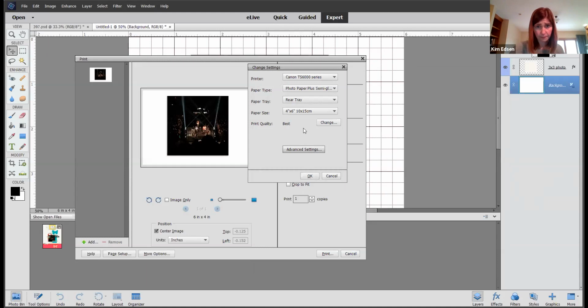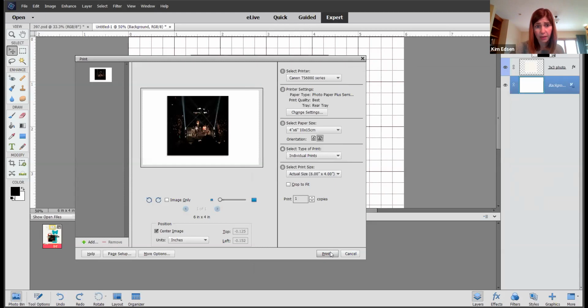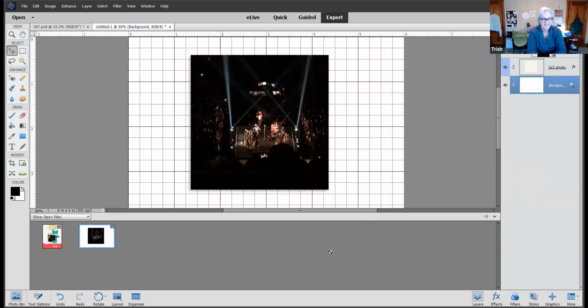So my settings look good. I have semi-gloss paper in my rear tray, the right size. I like my settings, so I'm going to hit OK. And now we're going to hit print and cross our fingers that it works. So while that is doing its thing, oh, I hear it going, so that's good. So I will click back onto my image,